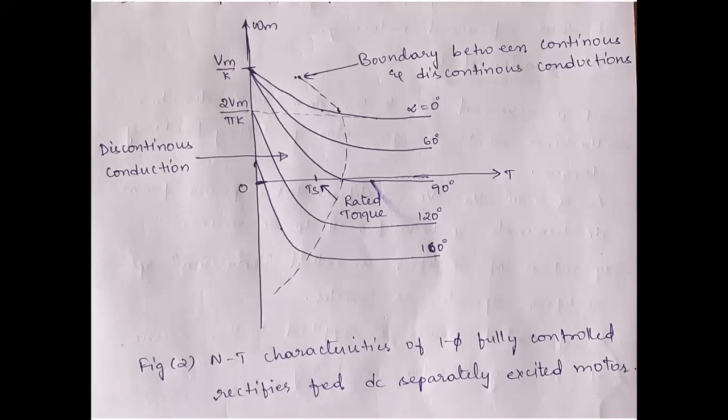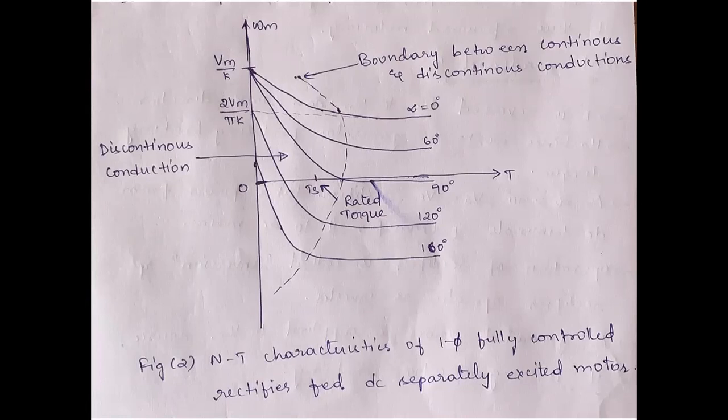So in continuous conduction mode, when torque increases, speed and EMF decrease, and then IA and torque increase again, with VA constant. But in discontinuous conduction mode, if torque increases, IA increases. As IA increases, beta increases. As beta increases, VA decreases. So this mainly drops the speed by larger amounts.